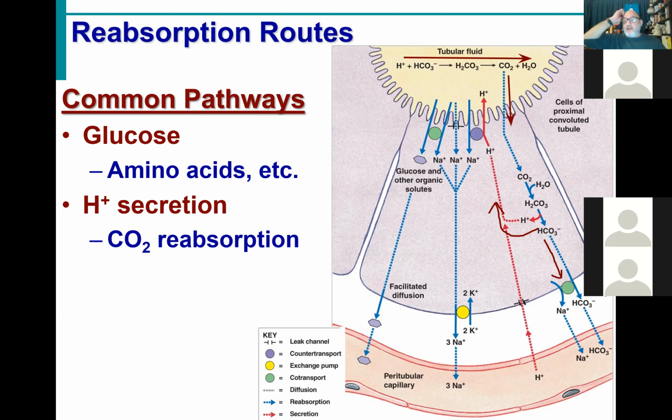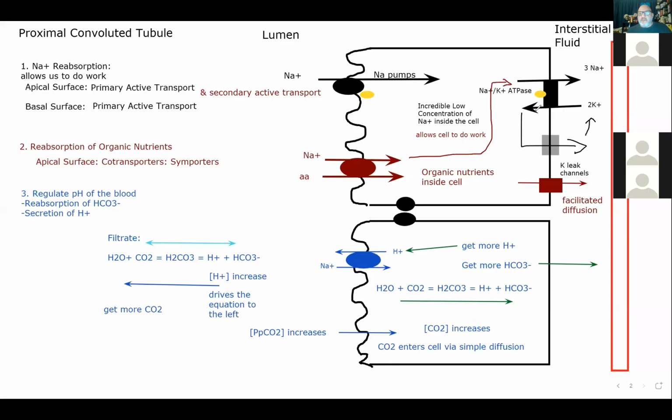Now notice, for our bicarbonate ion, do we want bicarbonate just hanging out inside of the cell? No, we want it in the blood. Right. Not only do we want it in the blood, but if you think about it, if it stays in the cell, as bicarbonate levels increase, it might drive the chemical equation back in the other direction. We don't want that either. So notice, and I know this looks a little tricky down here, but this is actually, probably not a co-transporter, a pump. This is actually a pump that is directly using ATP